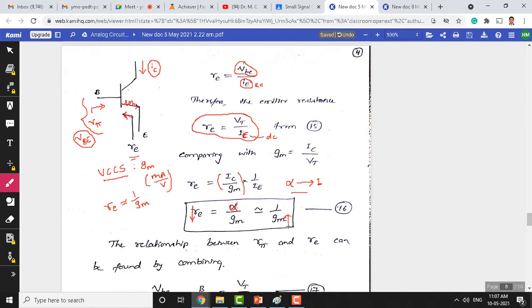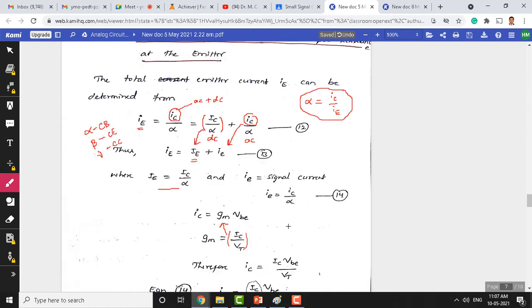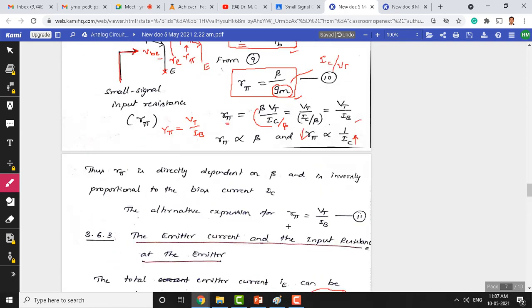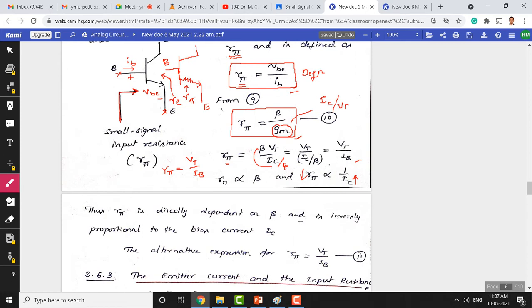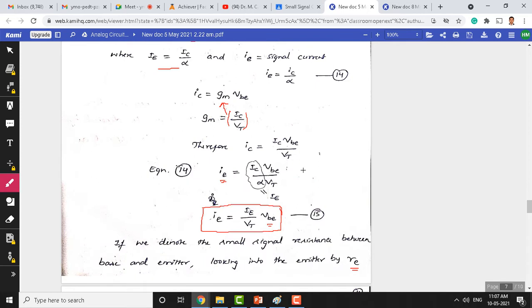This is not true with reference to r pi. You can see the relationship between r pi here. Let me recall, where is this? Okay, here also you can see there is an inverse relationship between r pi and Gm here. So their values seem to be very small. So r pi and Re are small, since Gm for the BJT is going to be very large.